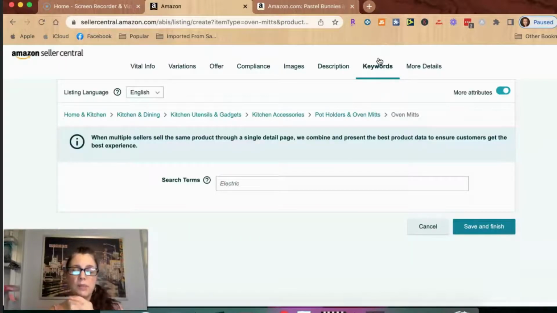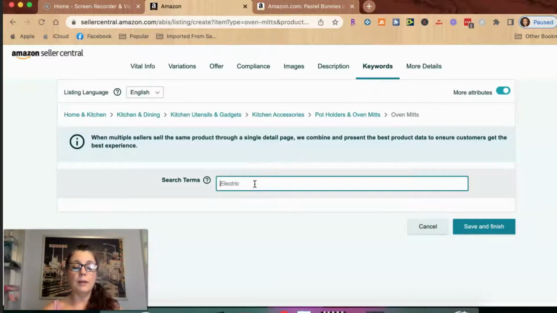Now, hopefully we've been smart and we've used most of our keywords in our title, in our bullet points, and in our description. And those are the most important places to put them, and in that order. Search terms are, what do you think somebody is typing in to find your item? But also it's additional words that somebody might type instead of what you've already included in your listing. And in this case, it could be hostess gift for